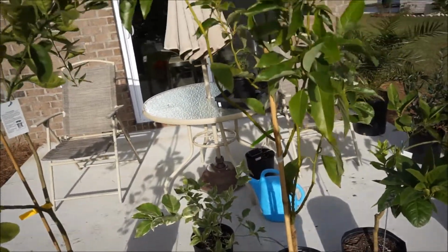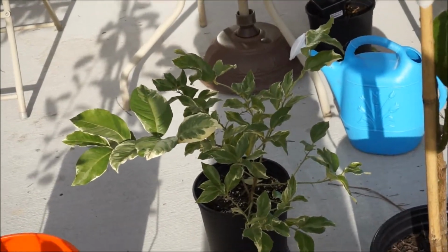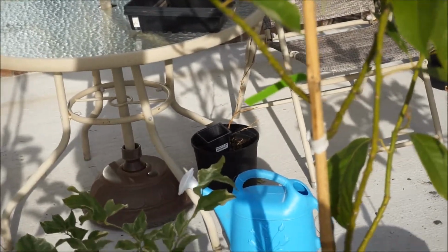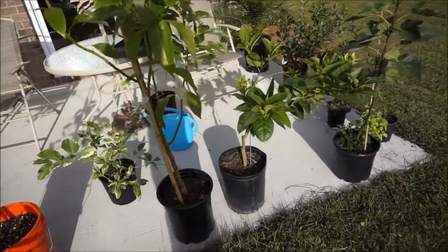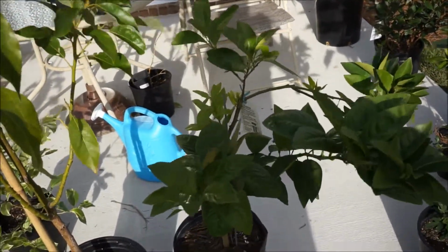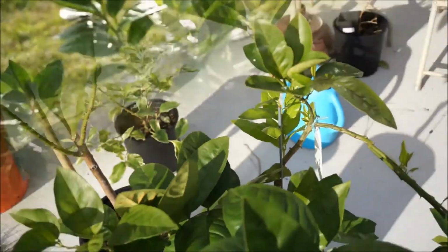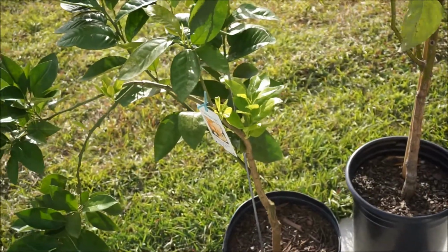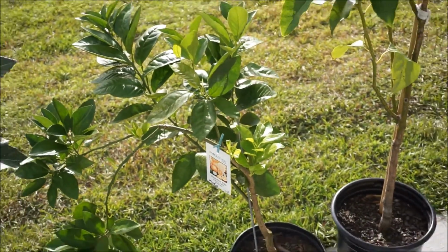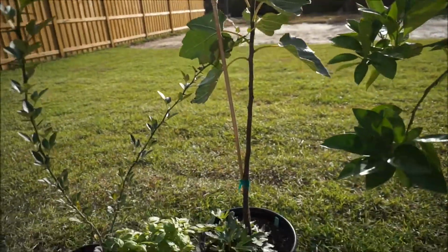It's still putting out a little bit more growth. This is the variegated lemon. That was a replacement to the one back here that I guess it's dead. I'm gonna have to toss that. This is the blood orange that got partially defoliated in Florence, but it's put out all new growth. You can see them budding out here. This was a branch that I had to cut off due to damage and total defoliation, but it's coming back all nice and new. This is my Violette de Bordeaux fig,